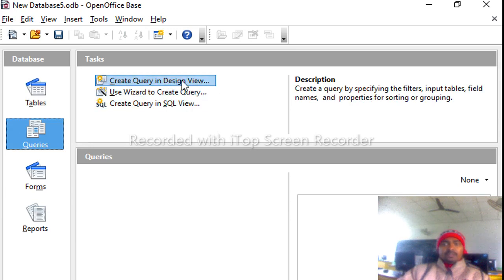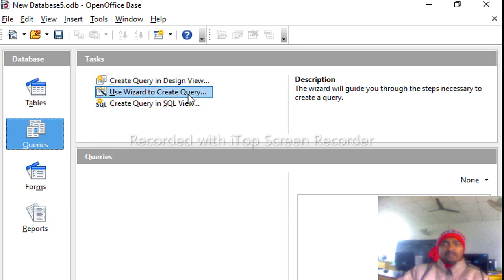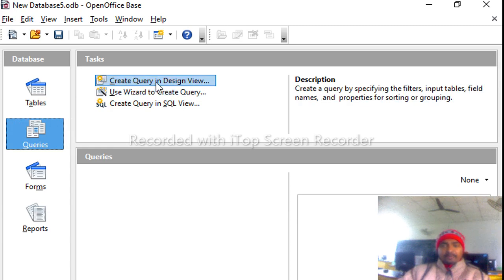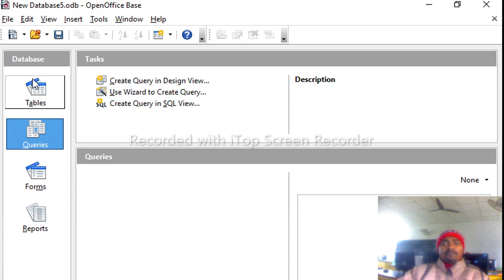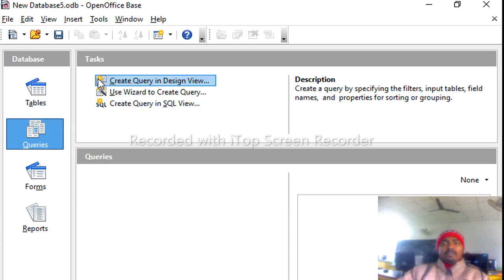First one design view, second one wizard view, and last one SQL view. I am going to discuss them one by one, but first of all we are going to create a query using design view.